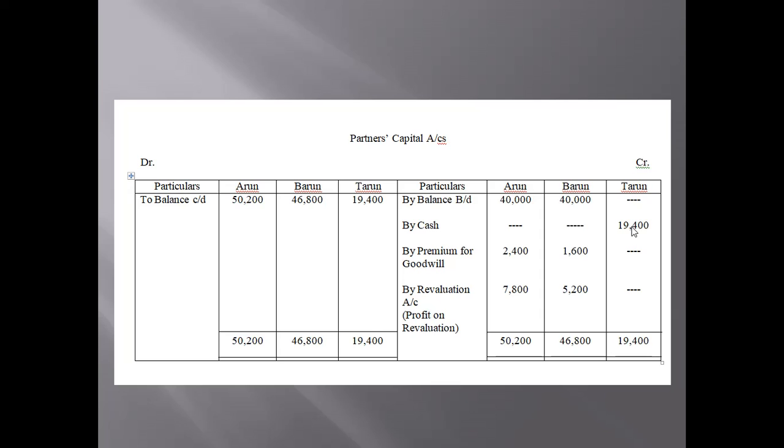Because the goodwill amount is given. This goodwill is the total goodwill of the firm, 24,000, and his share of profit is 1/6. So divide it, you get the amount 4,000. So he will bring 4,000 as his share of premium for goodwill, and that 4,000 will be distributed between Arun and Barun as per the sacrificing ratio. And just now we found